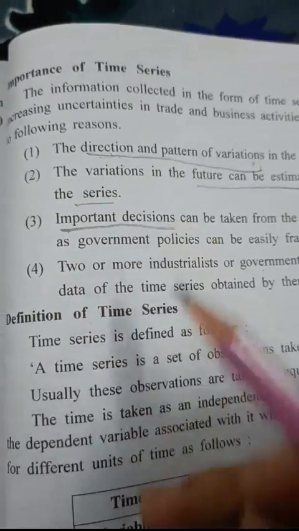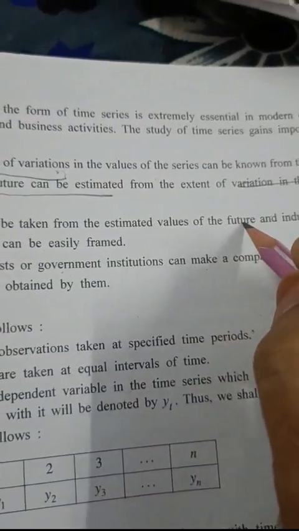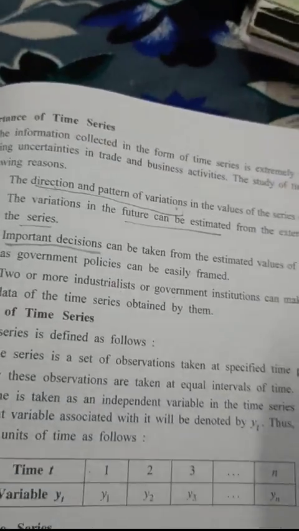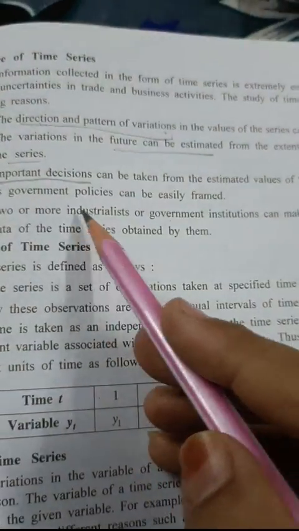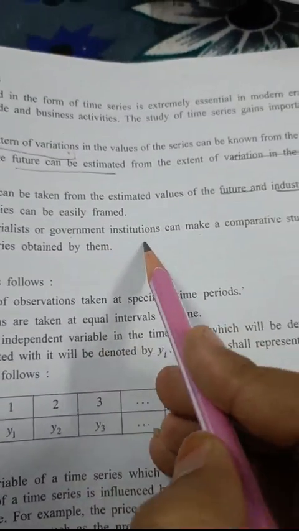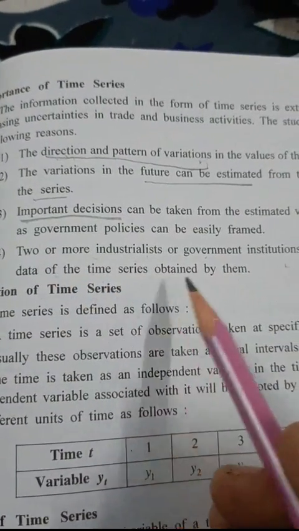Based on the past data, decisions can be taken related to the future and industry. Only this much. Is that clear? Related to the future and industries, we can take important decisions. Two or more industrialists or government institutions can make a comparative study from the time series data obtained